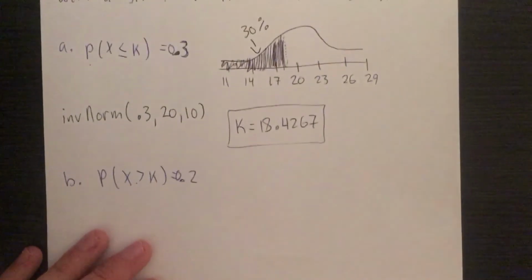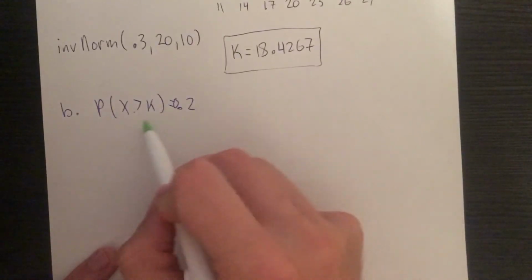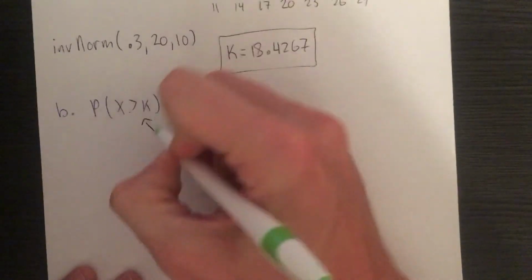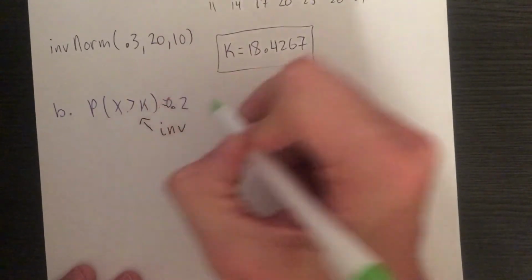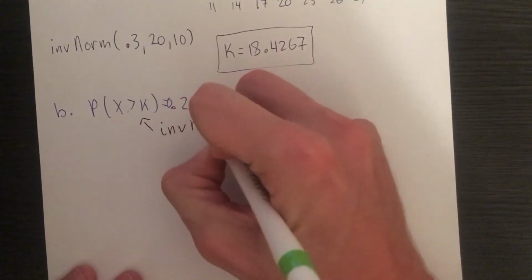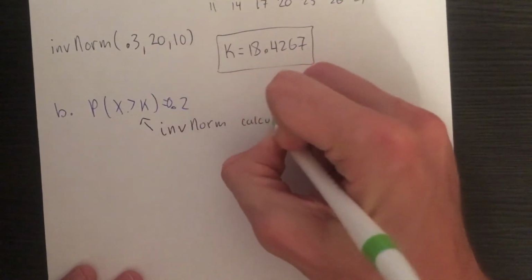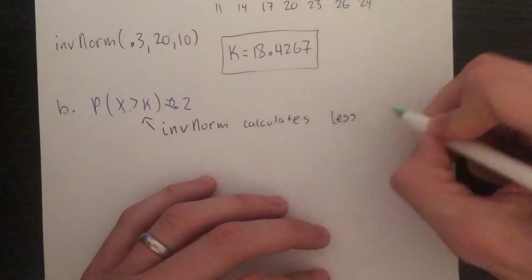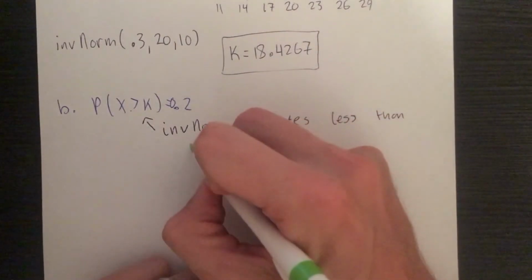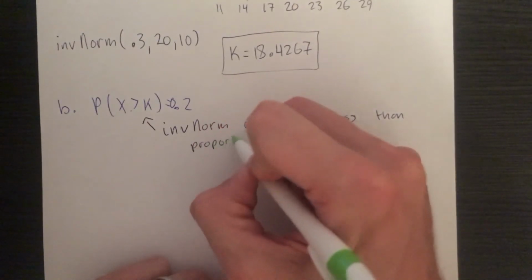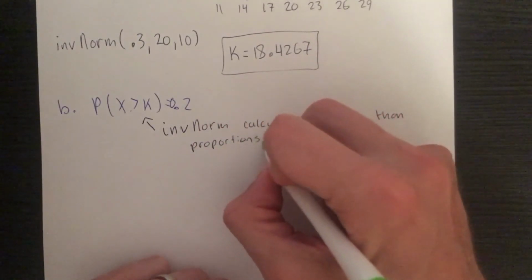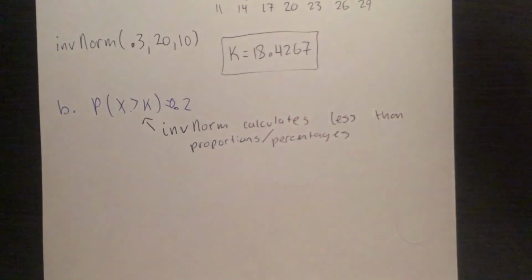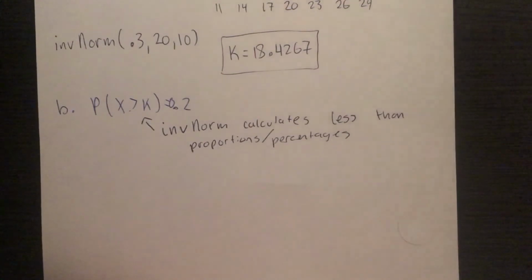Now, for the last problem here, for these greater thans right here, we need to note something. So at least on the calculator that I am using right now, the inverse norm calculates less than proportions or percentages. So depending on the calculator that you have, it may have the capability to do greater thans. But basically what we have to do is say, okay,